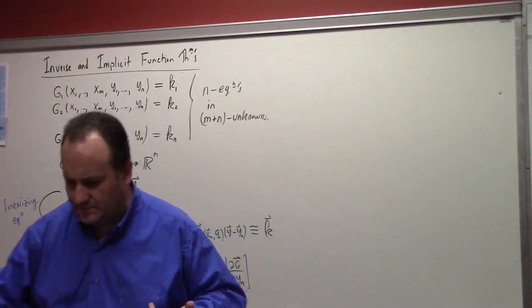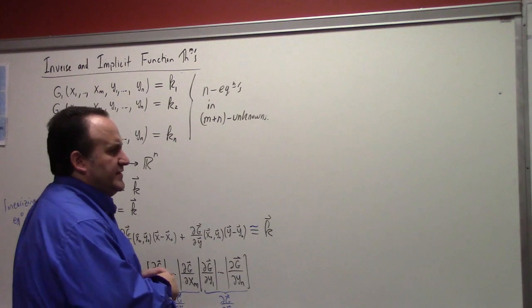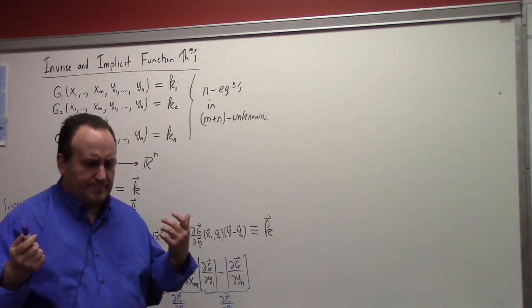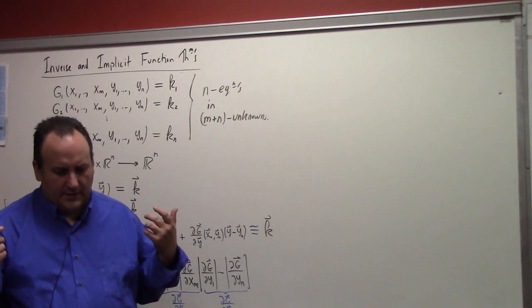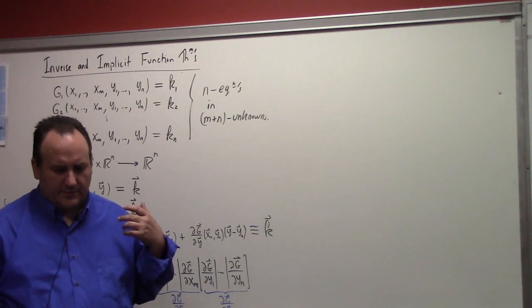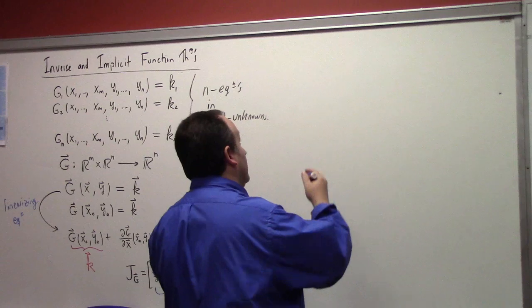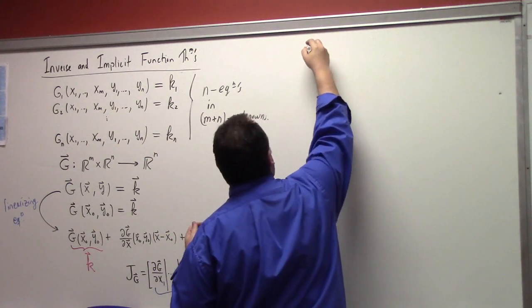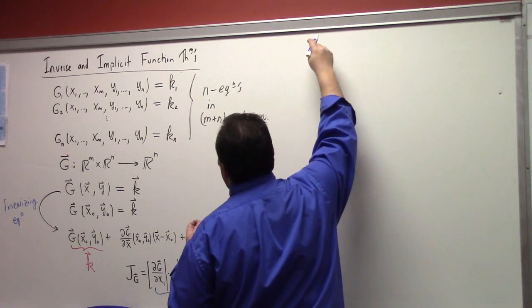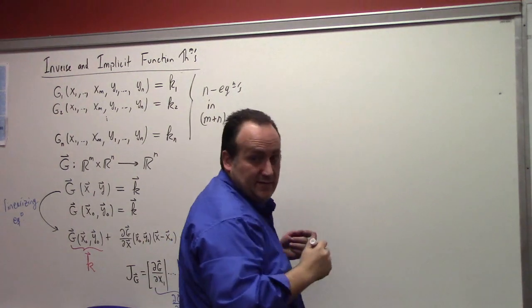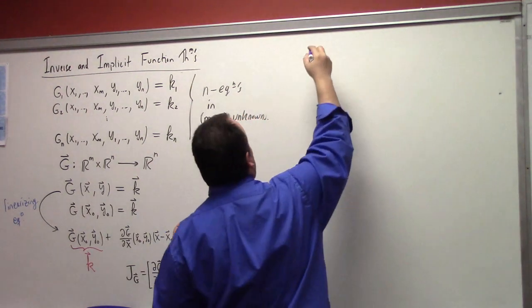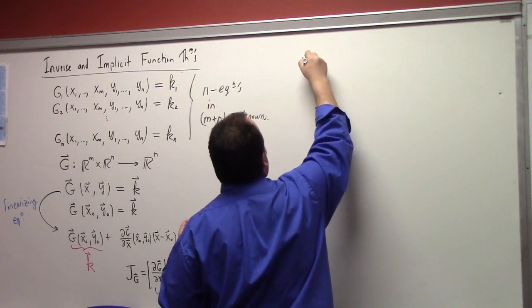Or try to anyway. So let's try to look at a three-dimensional manifold in a five-dimensional space. That means I need two equations in five unknowns. So my two equations will be